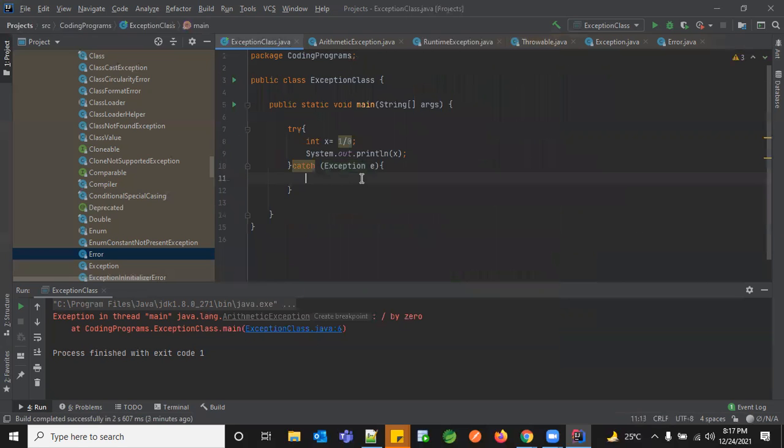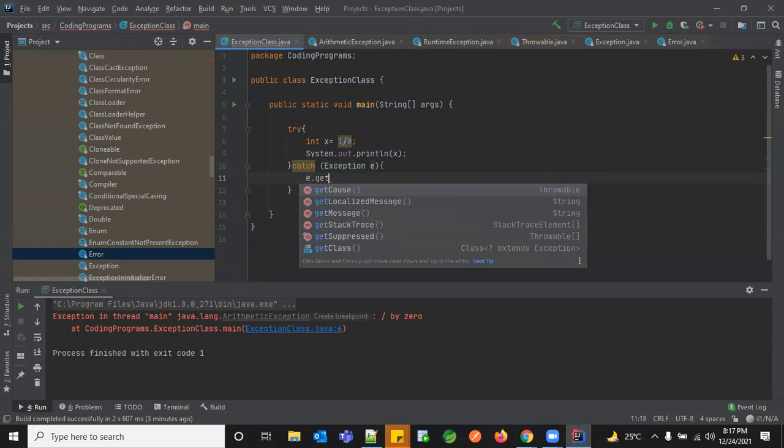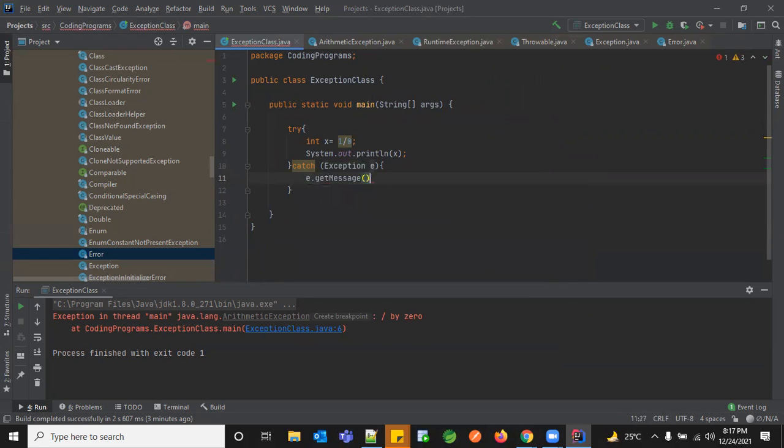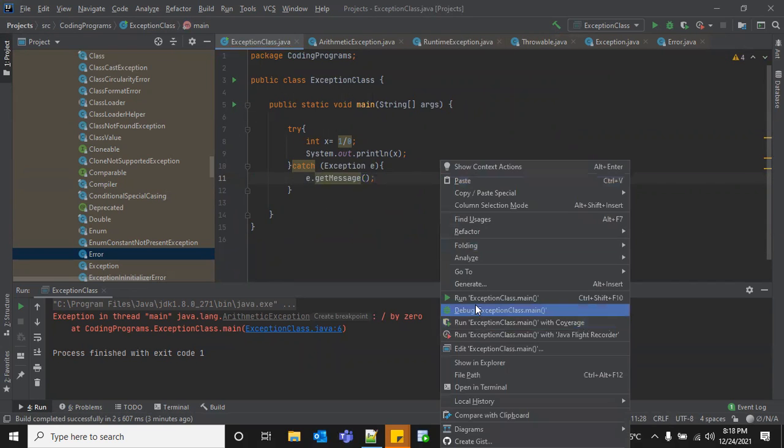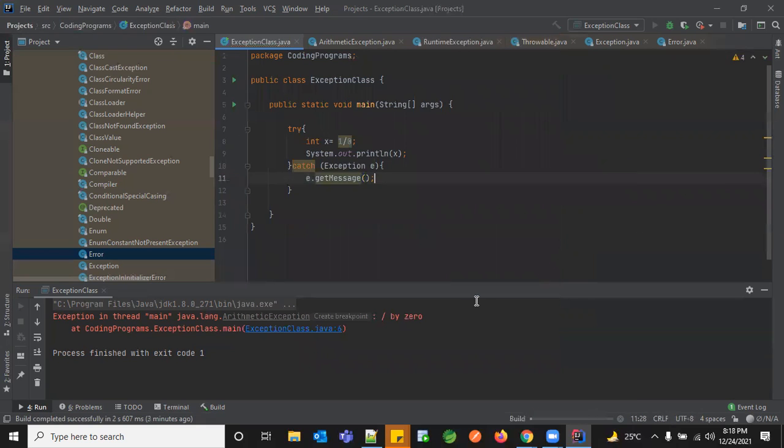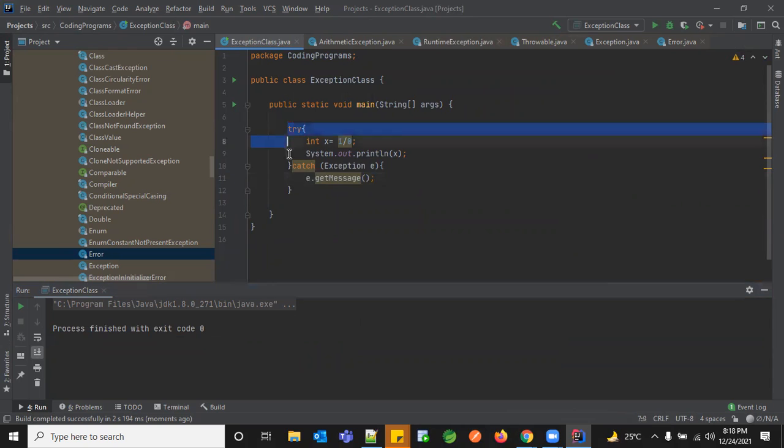So now I'm going to say e.getMessage. What it will give me is it will just print the message alone. So let's try to run this. This time I'm not getting any error because my piece of code is within this block of code which is handled here. So let me just print this.